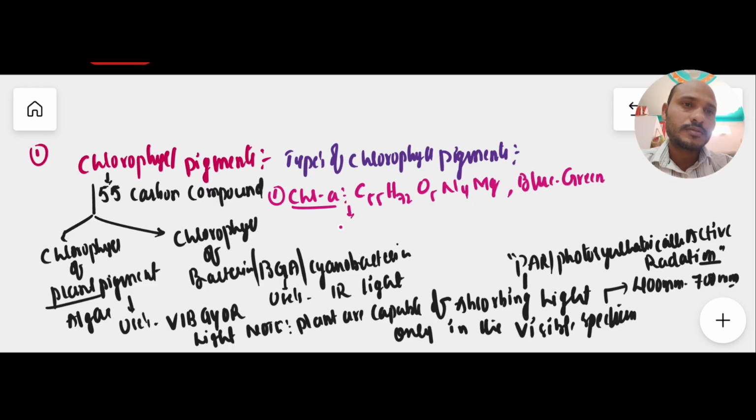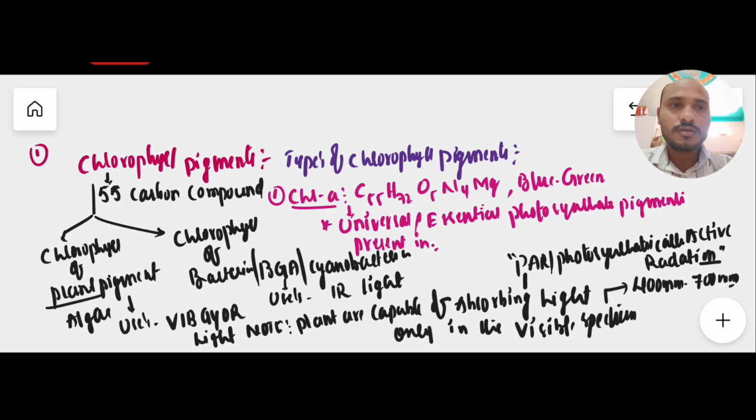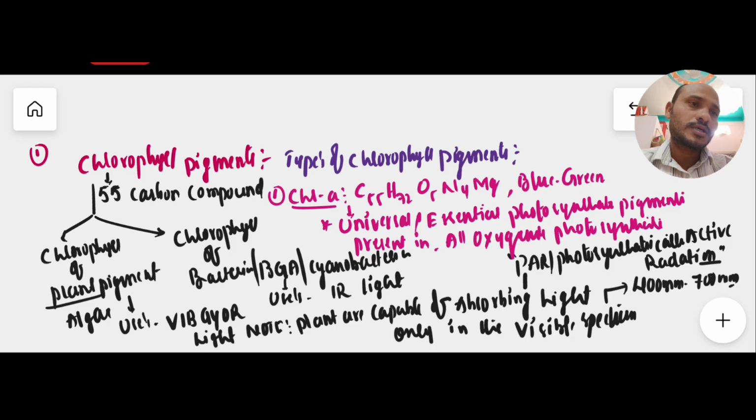Chlorophyll A is a universal and essential photosynthetic pigment. Very important. It is a universal and essential photosynthetic pigment, present in all oxygenic photosynthetic organisms. Oxygenic photosynthetic organisms means that the organisms which evolve oxygen in the photosynthesis process come under